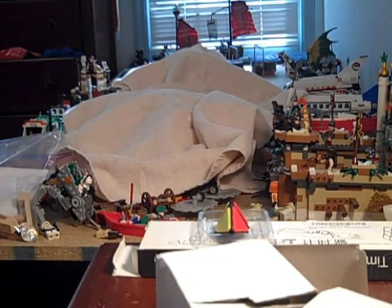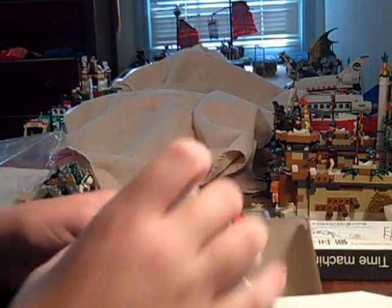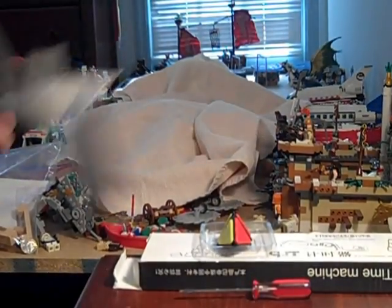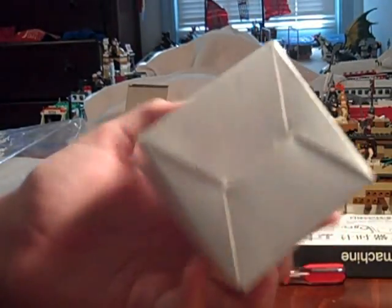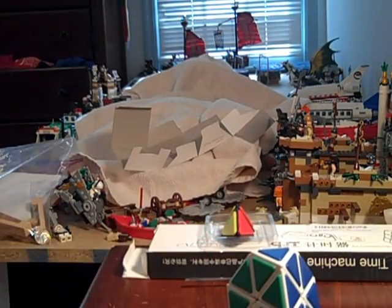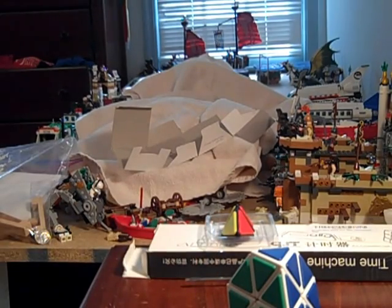I got the white tiled Tetraminx puzzle, just because I thought that would look the best, and I don't have a white tetrahedron. Okay, so here's the first one, and the box was really beat up. And I got one for me and one for my friend Matthew, the other Cuban guy. So they both turn pretty well. I'm happy with them, and